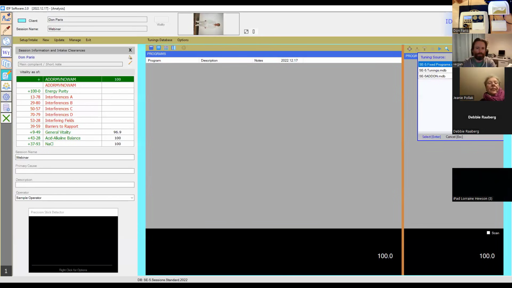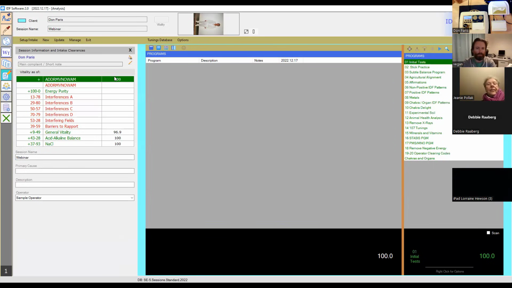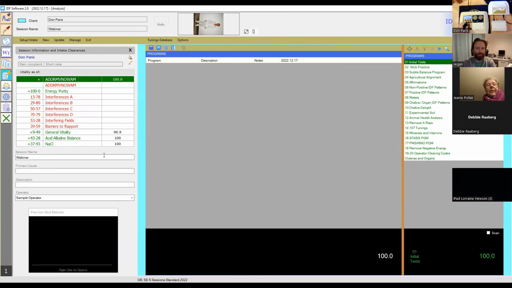Choose my database. There we go. Okay, so I'm going to go back over here to the intake clearances, and now my graph